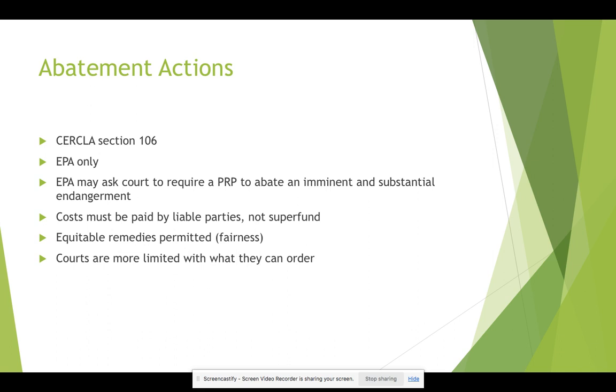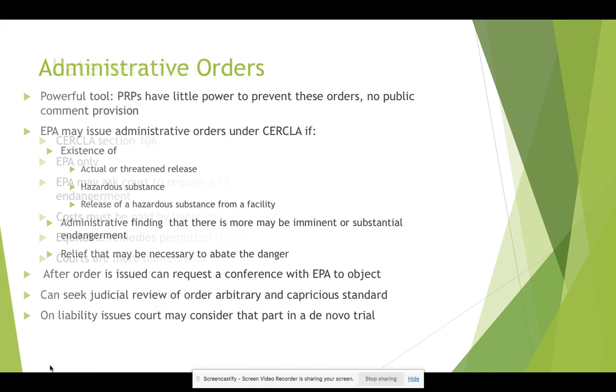Under Section 106, it's not just money. They have equitable remedies. Remember, equitable remedies are where you're either making someone affirmatively do something or stop doing something. So it might be an injunction of some sort, like you have to stop putting more waste into a certain area, or stop adding to this dump or whatever, or you have to affirmatively clean something up. So they can either order money for them to abate it, or require them to abate it, basically, whatever the cost. So that's the powers of the courts under 106.